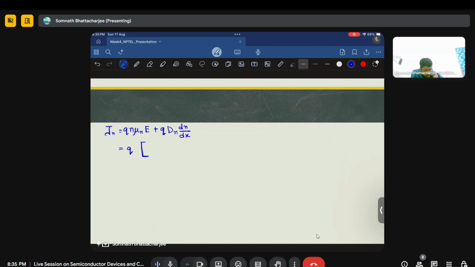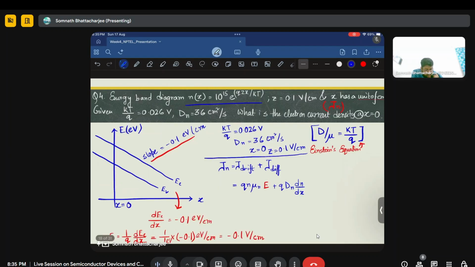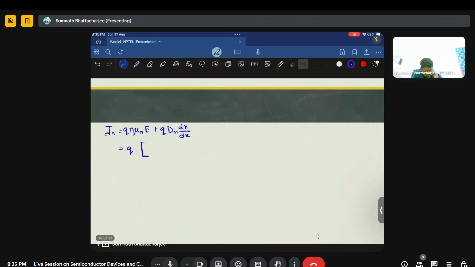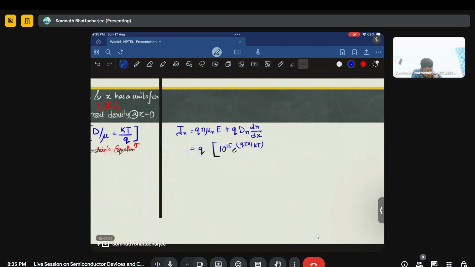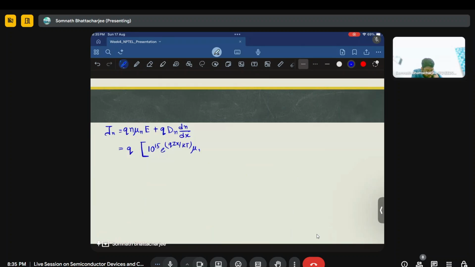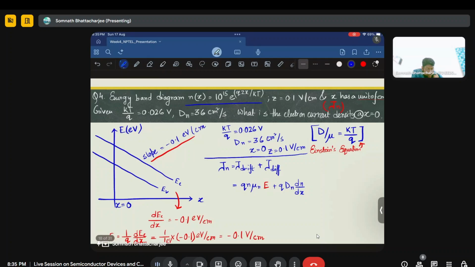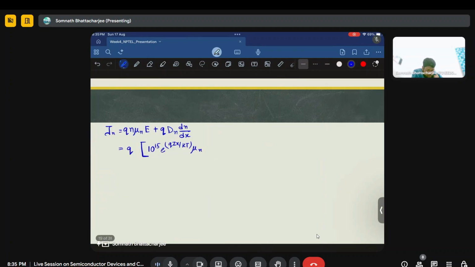Now we have the value of n. So the value of n was 10 to the power 15 e to the power qzx divided by kT, and we have multiplied by mu n, and we have got the value of E as minus 0.1, sorry. So this is minus 0.1, okay, plus